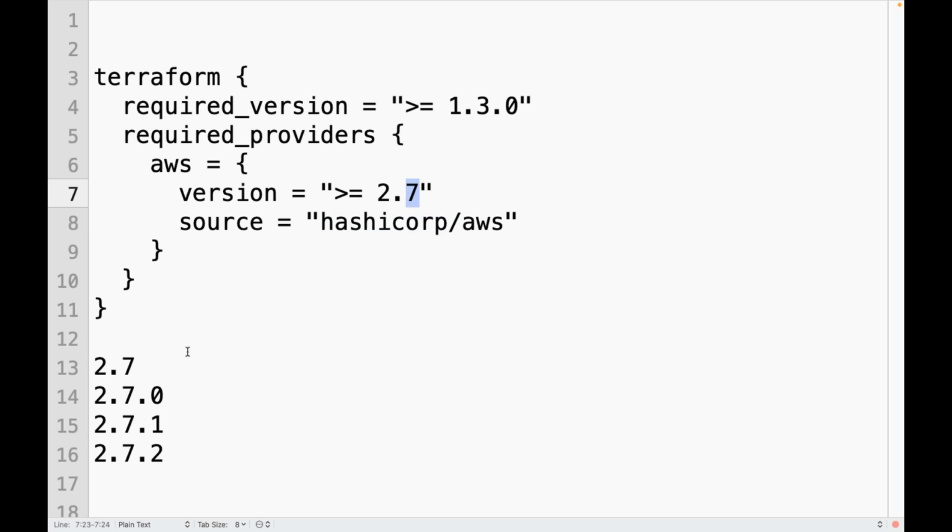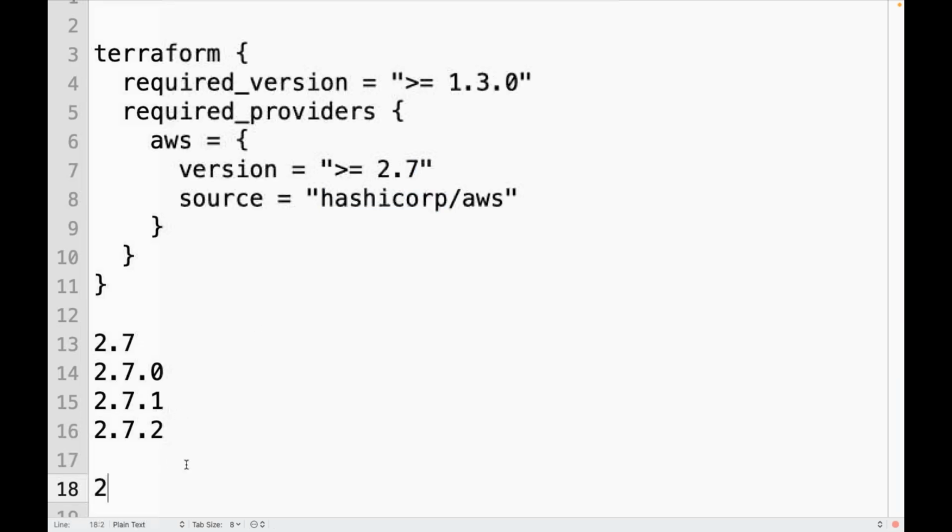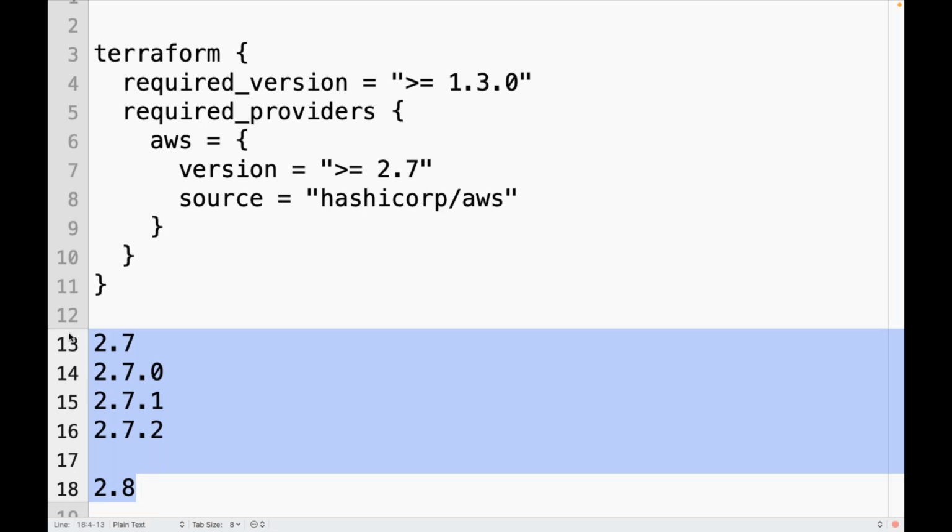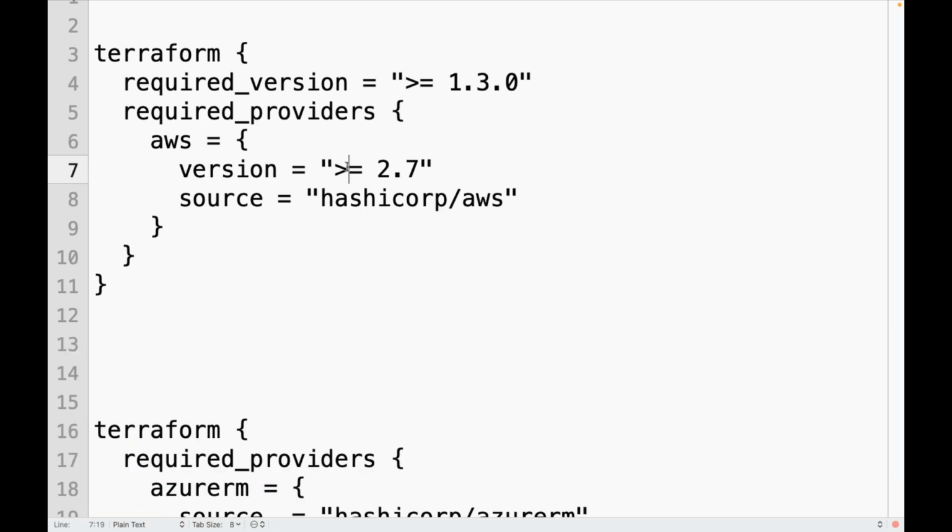Will it download the latest version? Suppose as of now in Terraform, this is the latest AWS provider. If I say something like this, is it going to download this version of the provider if this is the latest? Yes. So this is which version of the plugin or provider you need to download. If you say equals to, always this one. If you say greater than or equals to, it can be this one or any other later version also it can download. Clear? This is basic arithmetic concepts.